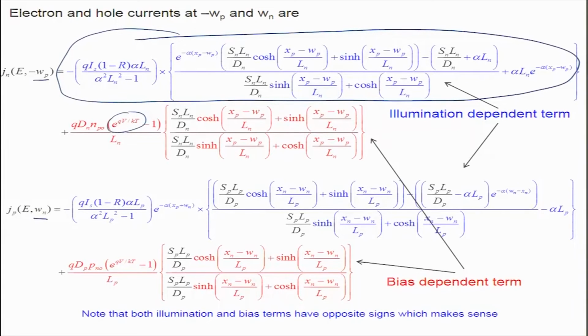So essentially you can do that very easily, and similarly when you put the bias equal to 0, then what should happen? Another thing that you need to note is that the illumination term has this minus sign, whereas the bias term has a positive sign to it. So this tells that at zero bias the solar cell is going to produce a current that is going to be negative. So when you plot the IV characteristics for a PN junction, the IV characteristics will not be like this.